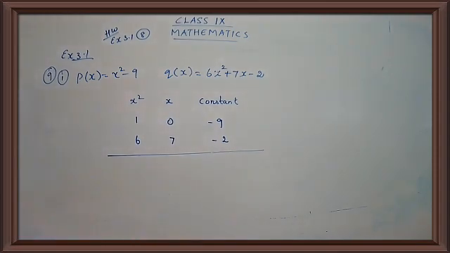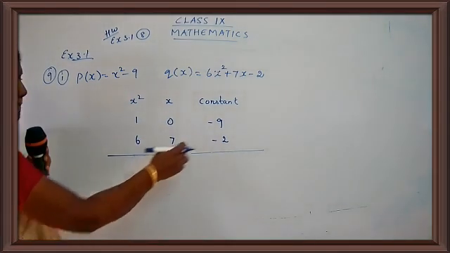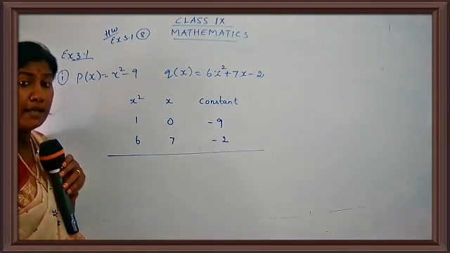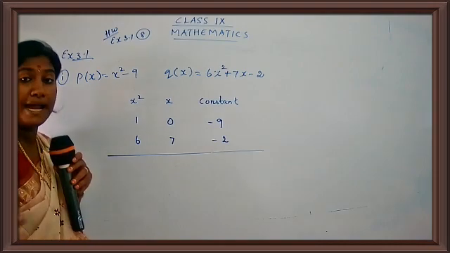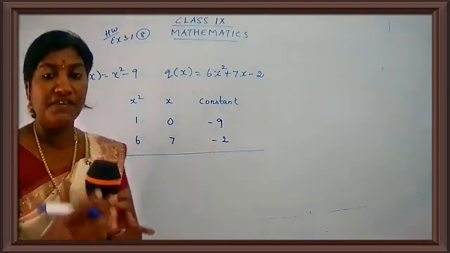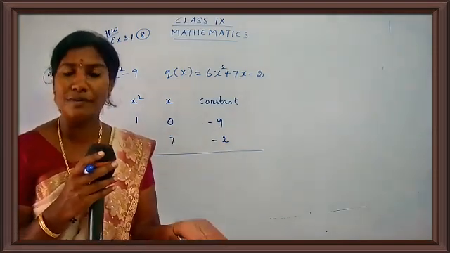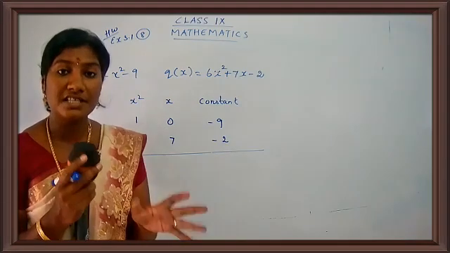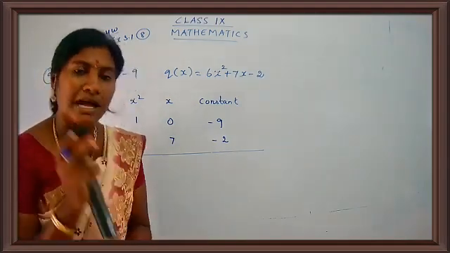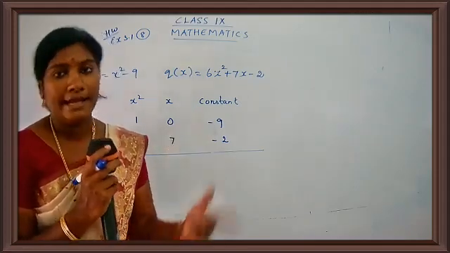Okay, let's start with the work, children. Very simple, we go with the normal multiplication. Minus 2 into minus 9. What is minus 2 into minus 9? Plus 18. Minus minus is plus. When we deal with addition and subtraction, we choose the sign of the bigger number. But here we are not concerned about the bigger or smaller number. We are just concerned about the number of negative signs. If you have two negative numbers, the answer will be plus. If you have one negative number, the answer is going to be negative.